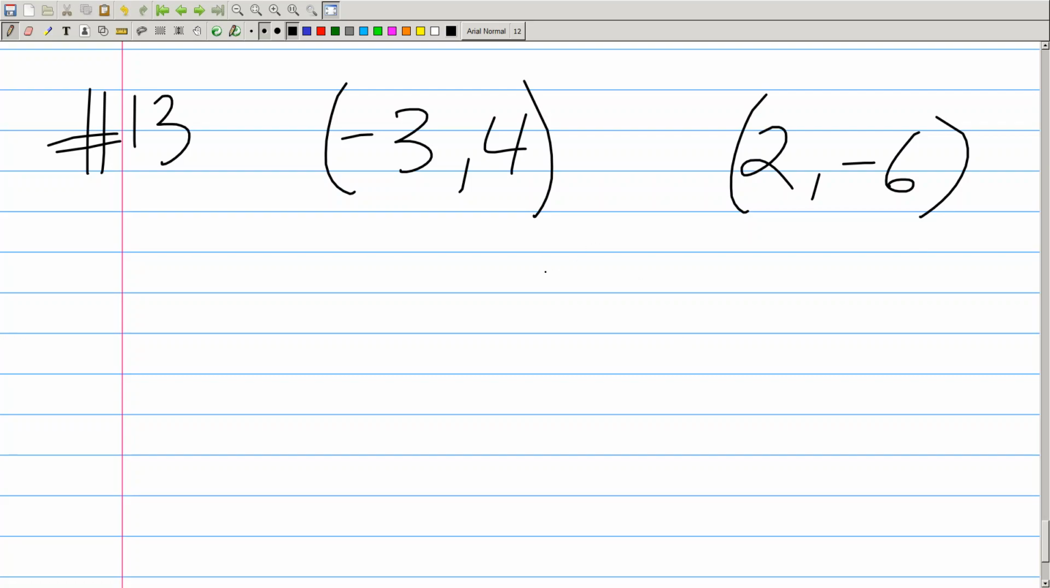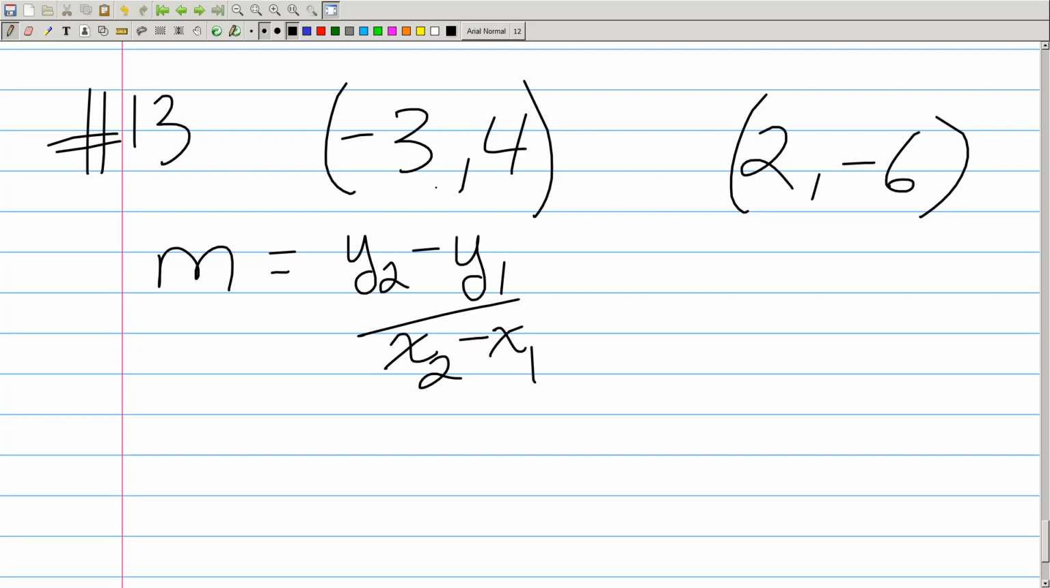Easy peasy. Here's what you do. Step 1, you calculate the slope. So the slope, given 2 points, is y2 minus y1 over x2 minus x1. All you have to do is label x1, y1, x2, y2, and calculate the slope. So all you have to do is punch stuff in. So you go -6, and it's minus the first y value, which is 4, and then all over